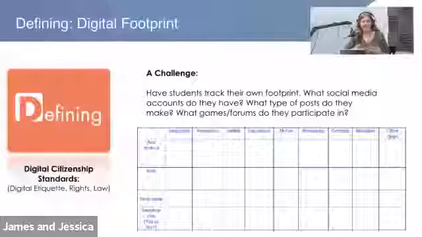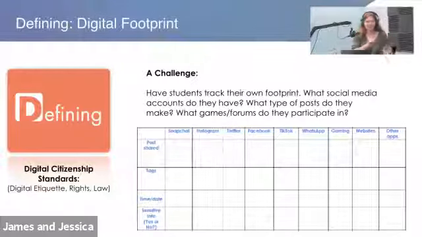So it's just really interesting to have them put down, okay, what posts are you doing? Did you tag anything in it? Because that's another thing. Some students will think, okay, well, I'm totally safe online. I watch what I put out there. But then if you're tagged in something and that person has it public and you allow your tagged posts to also be public, now your digital footprint is pressed down by somebody else. So it's somebody now walking in your shoes.